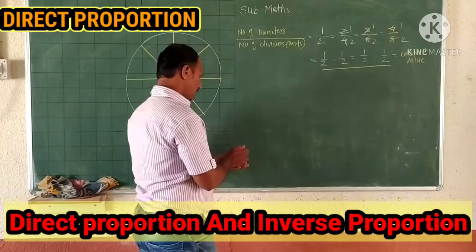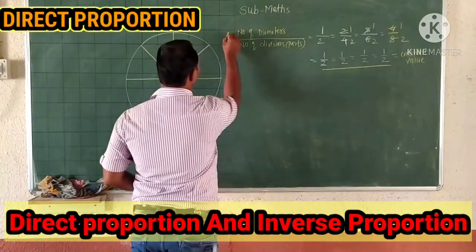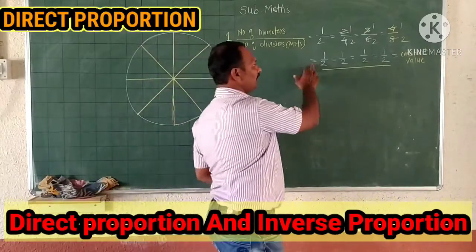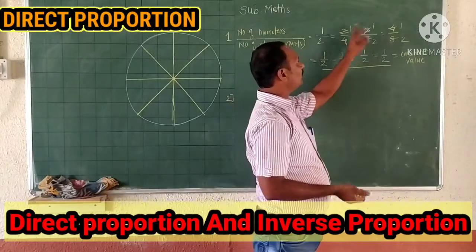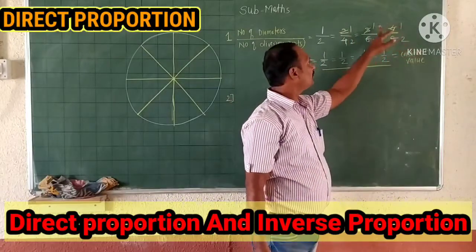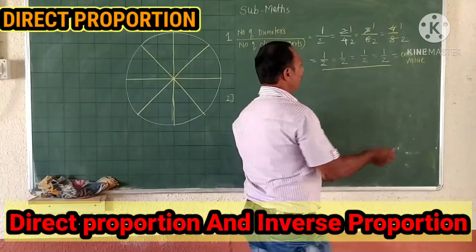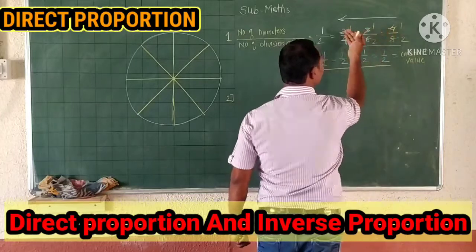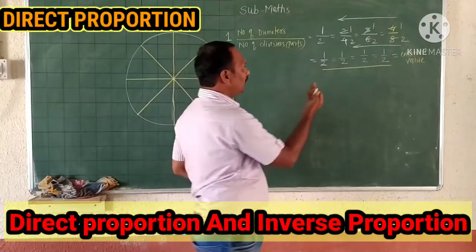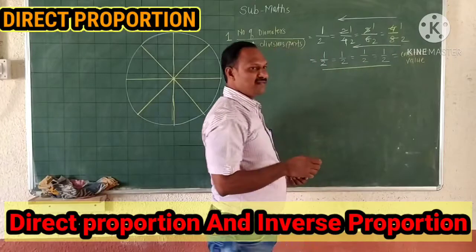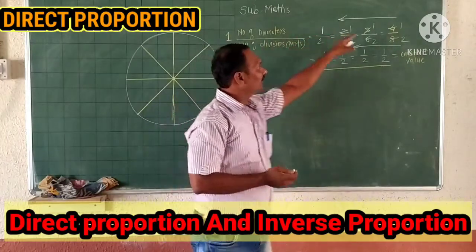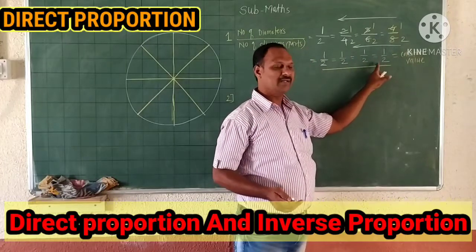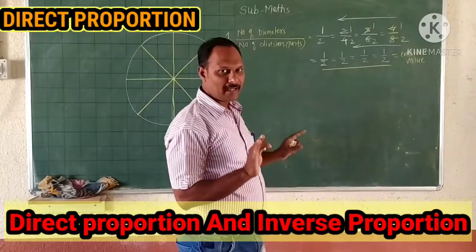Now you see, this is the first example. Now you see the second example here. Here also there is an increase position. If you see 4, 3, 2, 1, that is a decrease position. When one quantity decreases, the related other quantity also decreases, and their ratio is the same, that is constant. It is also called a direct proportion.